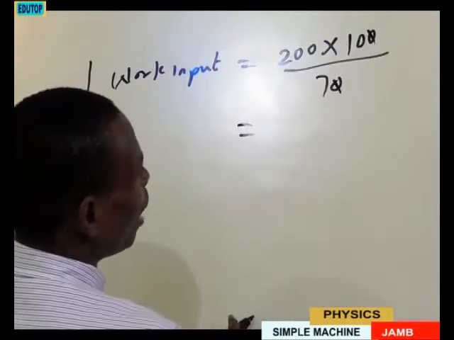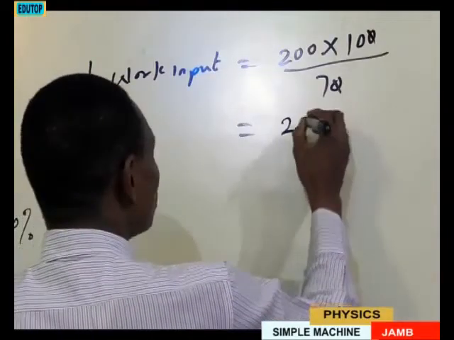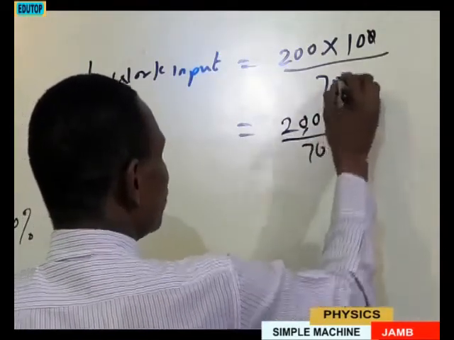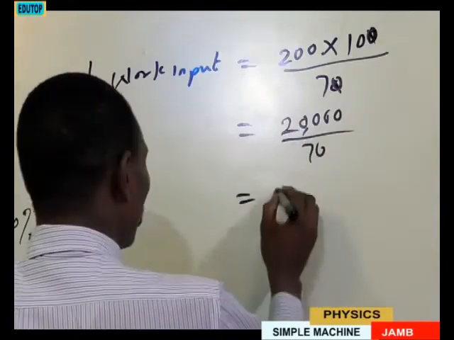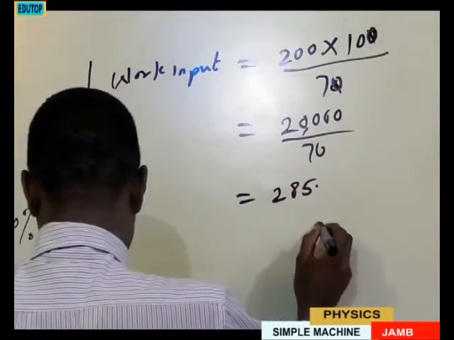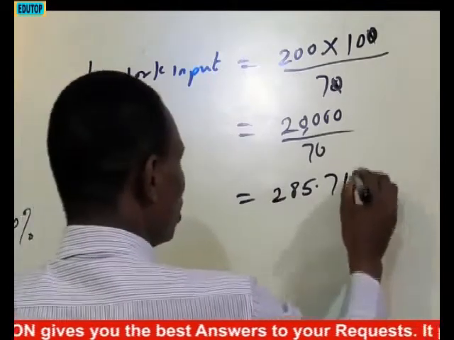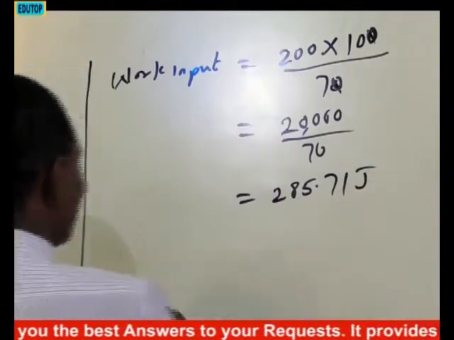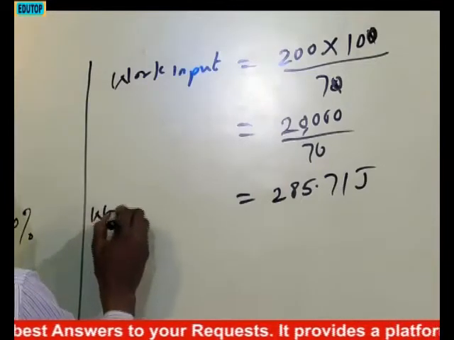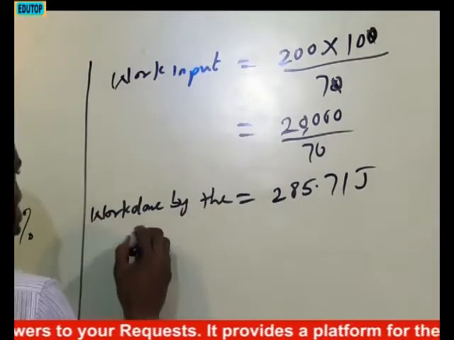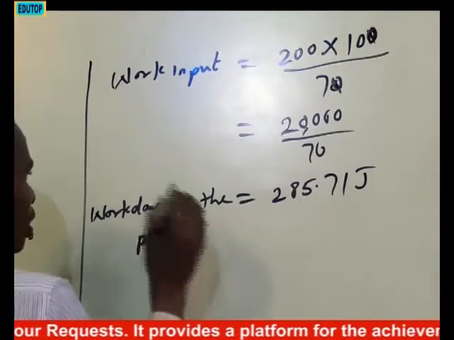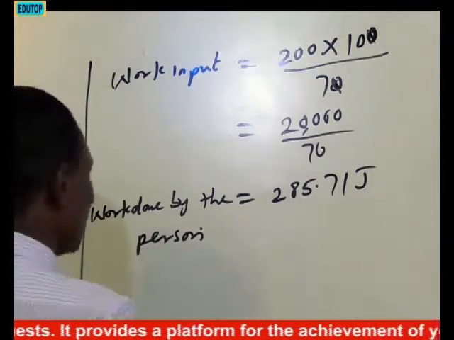We are going to have 20,000 divided by 70. We are going to have 285.71, and that is the work input. Okay, and that is the work done by the person that used this machine, and that's what we mean by